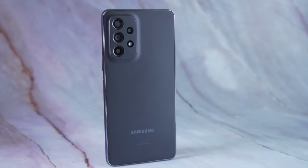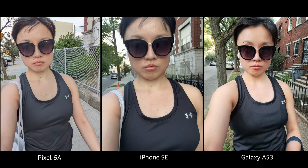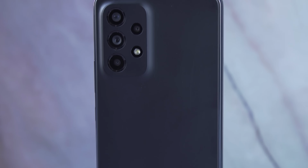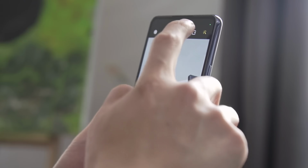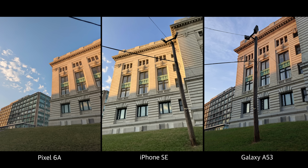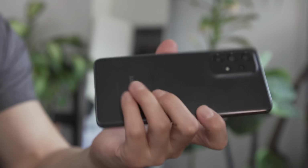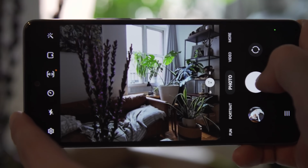Despite having the sharpest cameras, the Galaxy A53 delivered photos that were just close in quality to the Pixel 6a and iPhone SE. Its 32-megapixel front camera and primary 64-megapixel sensor on the back didn't result in sharper images, although I still liked the shots I got. Compared to the Pixel and iPhone though, the Galaxy A53's camera was noticeably slower and struggled to capture multiple shots